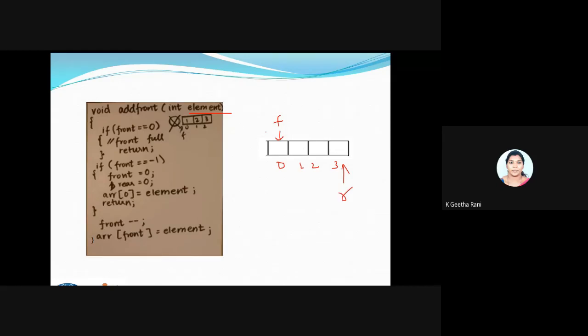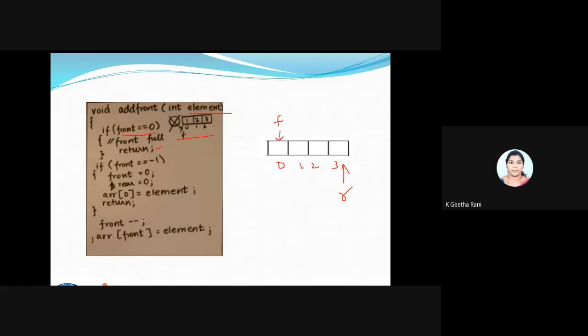If the front is equal to 0, what is the meaning of this, I can't add before the front, since it's a normal array. So what I will do, actually the front is full, I'll just come out of the function. I can't add any element at the front pointer. Okay, so this is the condition, front is equal to 0. That is what is given here also.